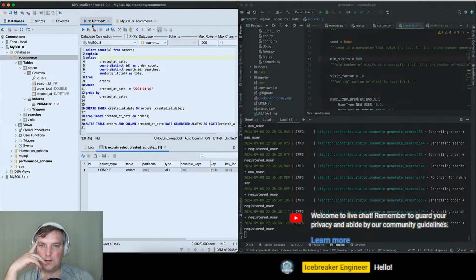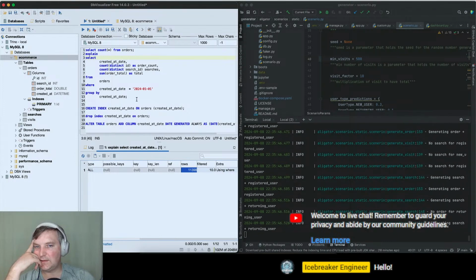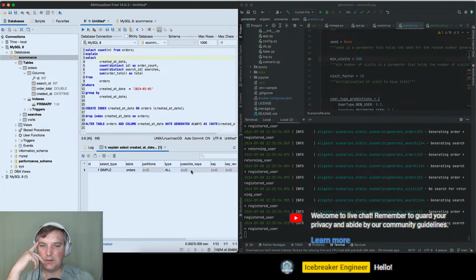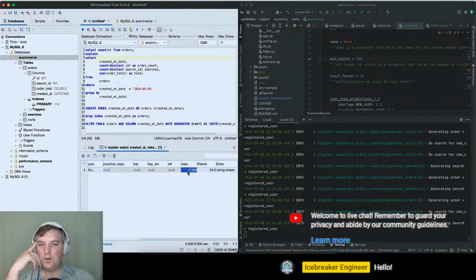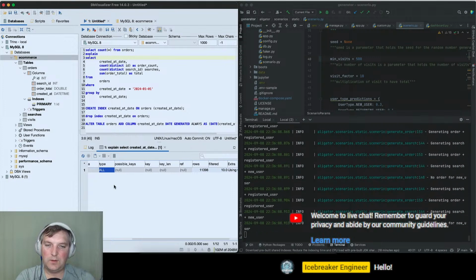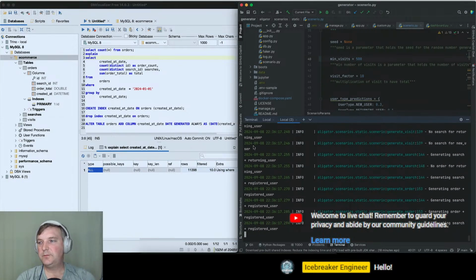Okay, let's try again. Still generating. So we added like 12,000 records. Again, because this data set is very simple, it doesn't really have a lot of information, it will always be very fast. But this is what you should look at in the explain, right? The explain represents the number of rows the query engine needs to scan. And if it says type ALL, it means I do a full table scan. So this is the slowest you can go. Let's wait for this to complete.